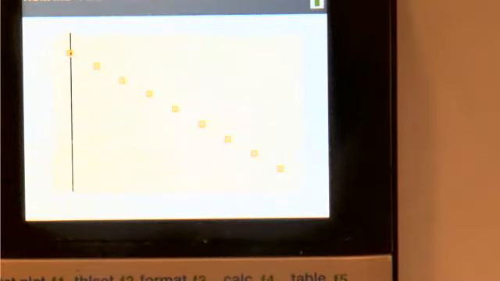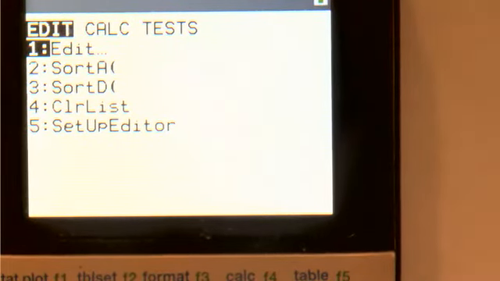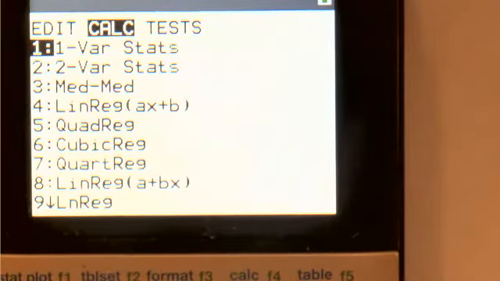What are we going to do? What's it called? Linear regression, right? To find the equation of the line that goes through the graph, linear regression. How do we do linear regression? We press the stat button. Then where do I go? We go to the calc menu to the right, and we choose option number